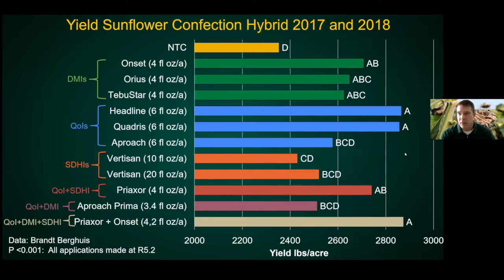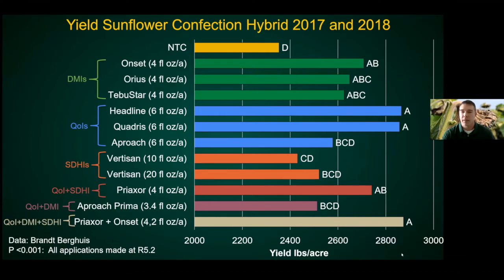Okay, so what's that look like in yield? We were able to get yield on 2 of these different trials and combined them. Remember, rust showed up kind of late, and the yields are really pretty good in all of them. The non-treated here is 2350, something like that. But that fungicide application really protected yield to the point where it was almost 2900 in the best, using the